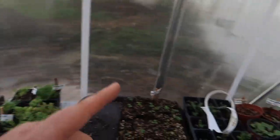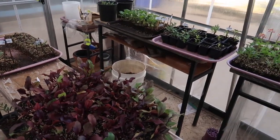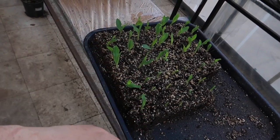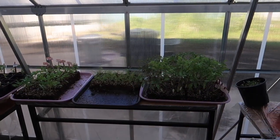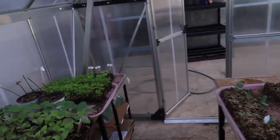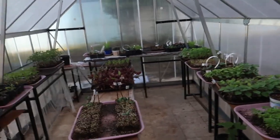Now, if there's different kind, okay, so we already learned this, but I'll say it again. If there is 2 different kinds, let's say I'm planting 2 different kinds of corn, that's allowed in 1 tray. You don't need to separate it. If I have different kinds of tomatoes, that's allowed to be on 1 tray because it's just one. It's a tomato. It doesn't matter if it's a cherry or a whole or a big or a small. It's a tomato. Okay, so we live and learn. I love learning new halachos, and I try to learn a halacha of gardening a day. So we are now all kosher and yosher in our